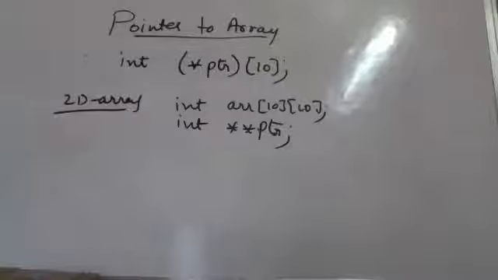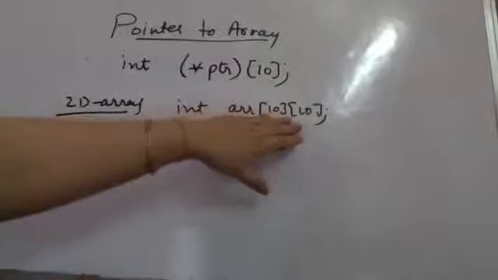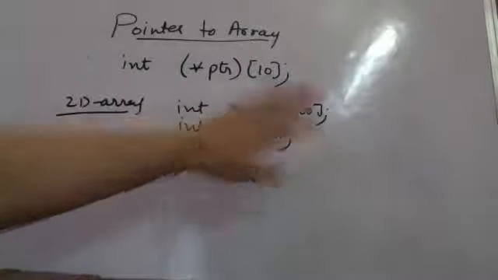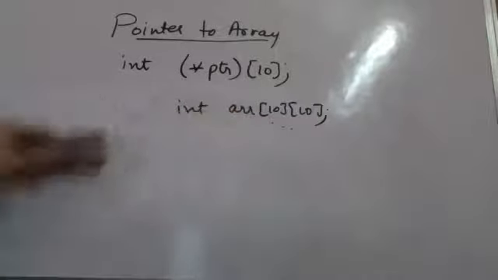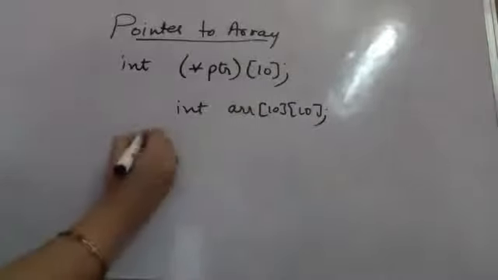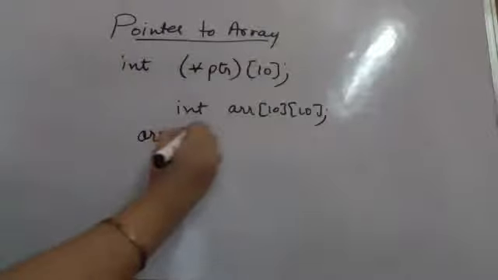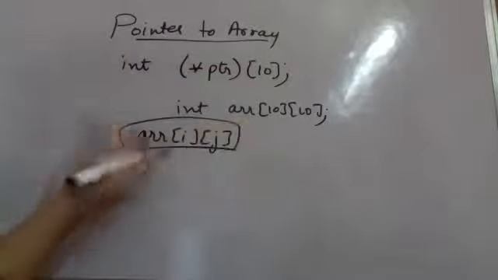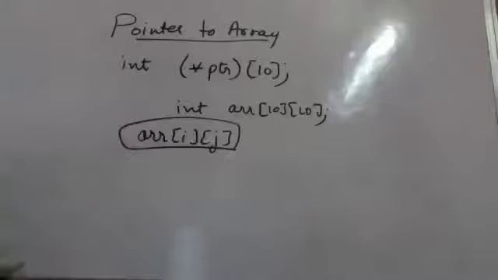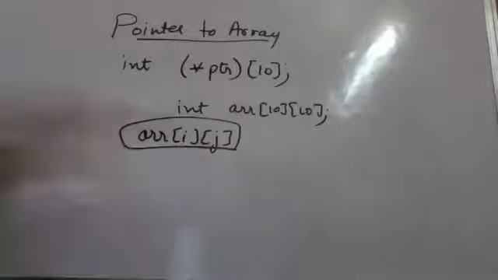Now what is important is how does that work? How are all of these related? Before understanding how they are related, we have to understand how we calculate the address of any location here. Supposedly I have an array[10][10]. I want to calculate the address of the location array[i][j]. To get the value, how will the compiler decode this? This is my row number, this is my column number.